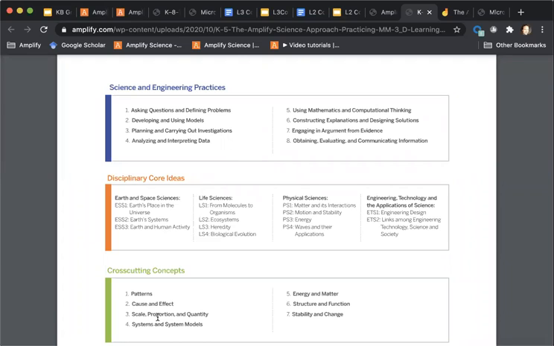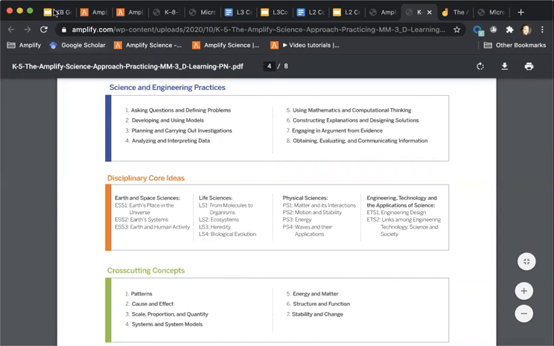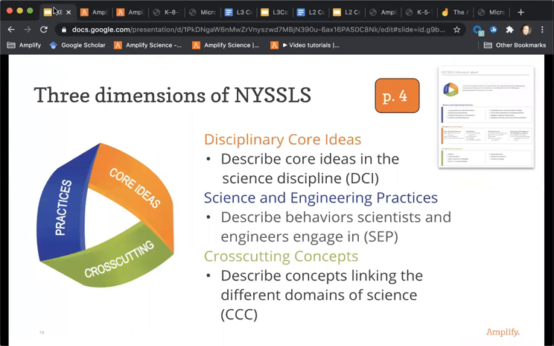And everything, including the assessments, is built around the 3 dimensions, where you'll see that there's a focal science and engineering practice with each one of the units. There's a focal cross-cutting concept. And then, of course, you're focusing in on specific disciplinary core ideas as well. So that's, again, a lot of stuff at one time. And with three-dimensional learning, I personally think it takes some time, and also seeing it play out in the classroom,